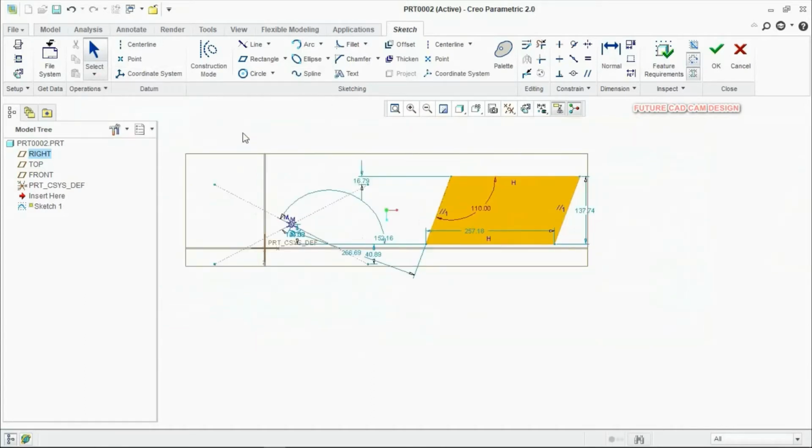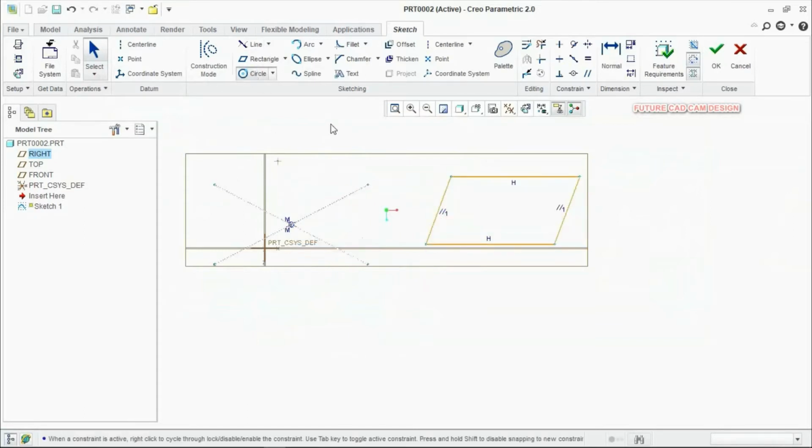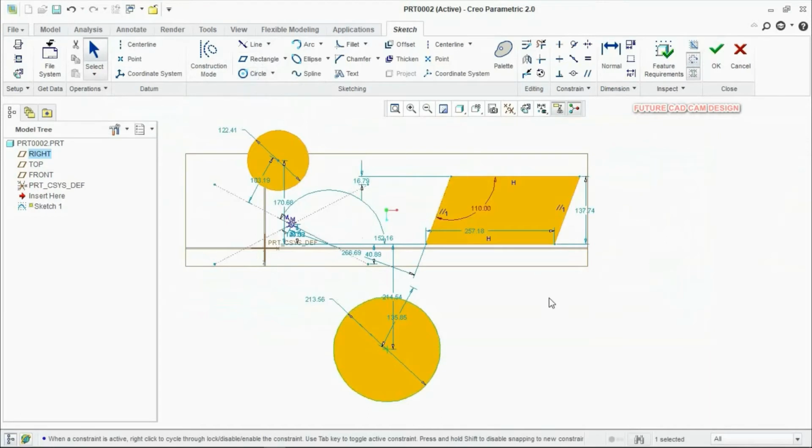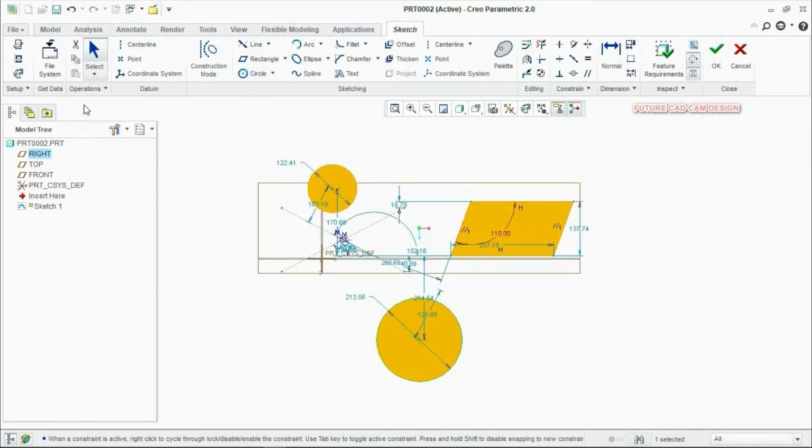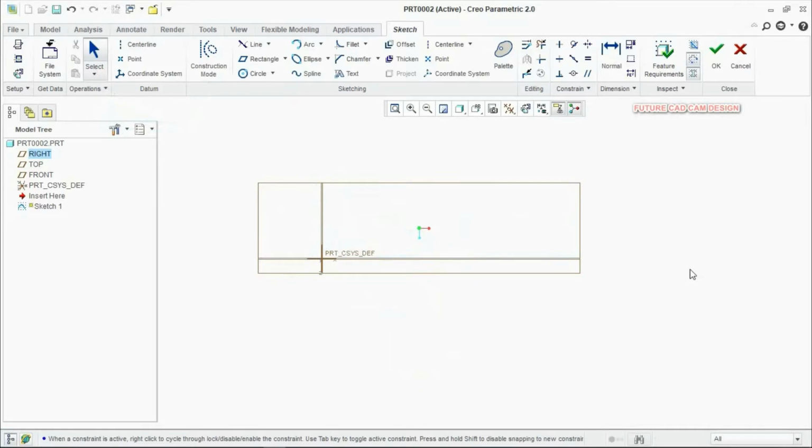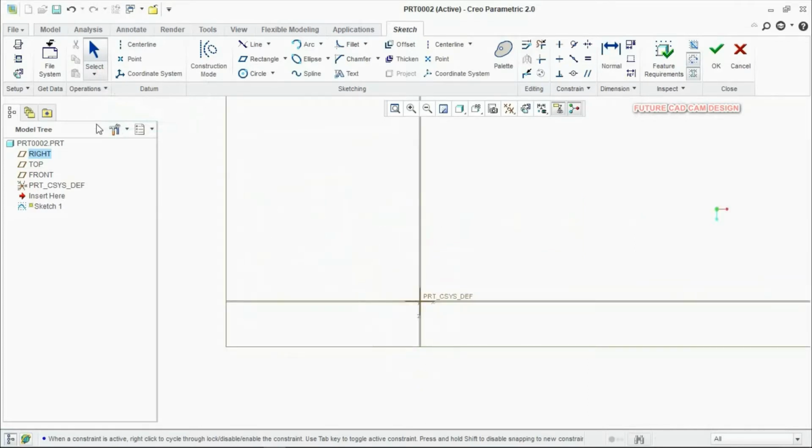If you need to select all the geometry in your sketch, for example, I am having too many geometries here. I need to erase all my geometry. To select all my geometry, you can select the all geometry option. Just click on the all geometry option and you can see the difference. All the geometry in my sketch palette is selected. So if I give the delete command now, it will be deleted automatically. So this is the purpose of the selecting option. You need to select the sketch one by one, or chain, or all geometry, and you can define it here in the select option.